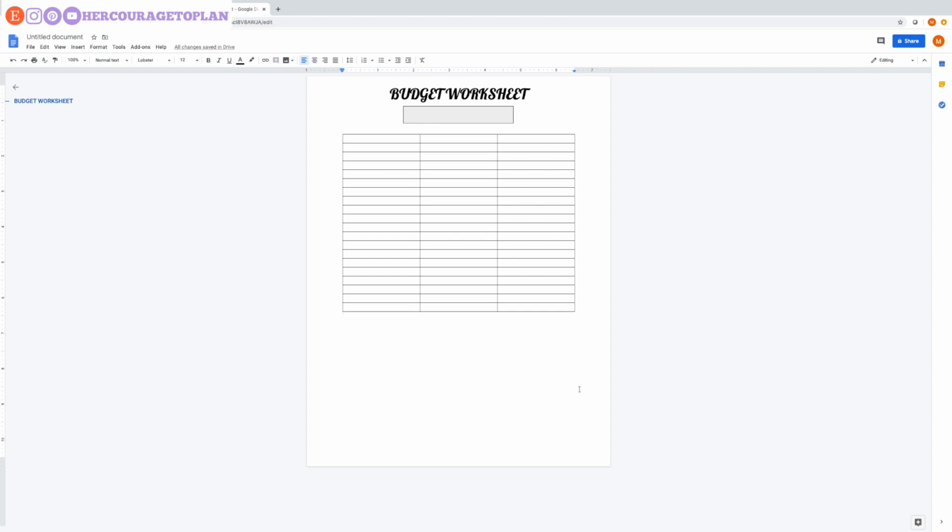I do have enough room to put more lines. I'll show you how to add that as I complete this form. So I'm going to click back up here to this first column. So I'm going to go ahead and type in income,